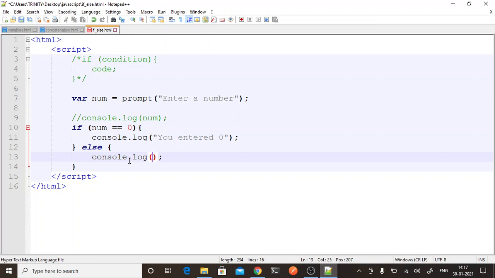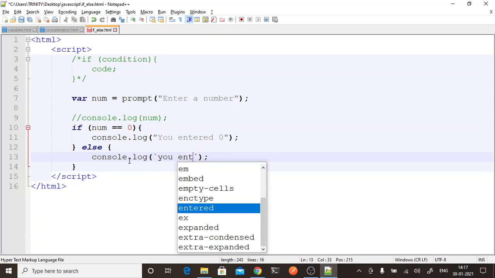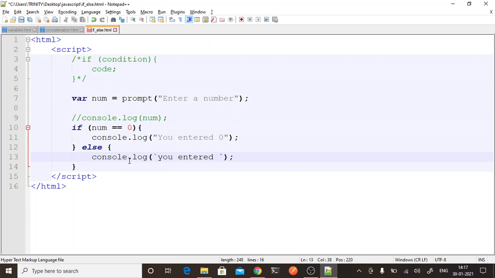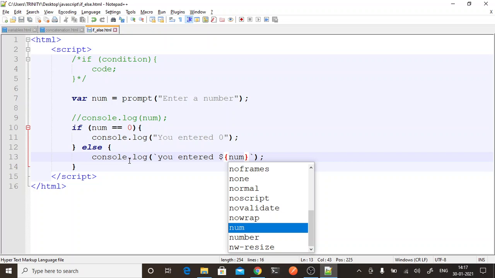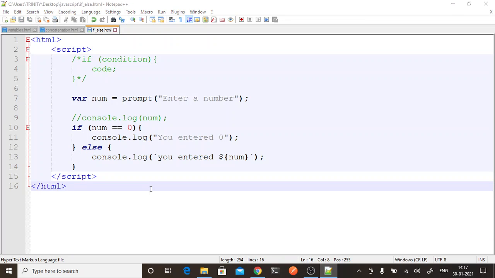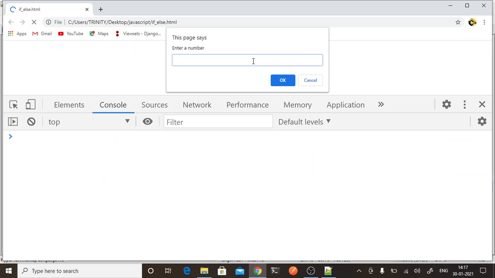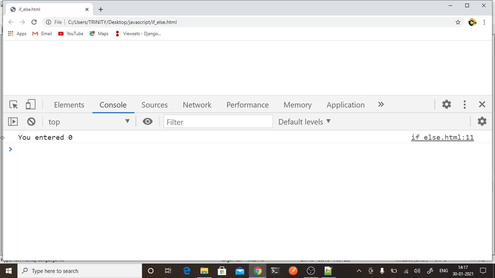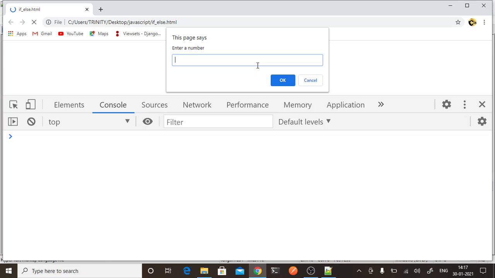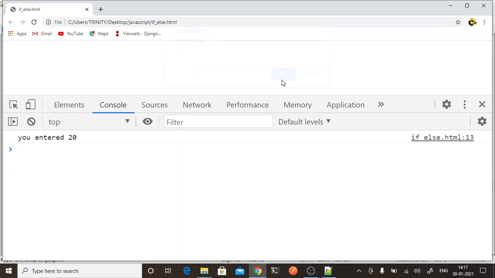I will give this in template literals: you entered num. For now I will just show it like that. If I enter 0, then it says you entered 0. If I enter any other number, it tells me what I have entered.